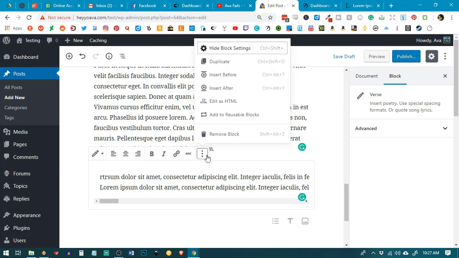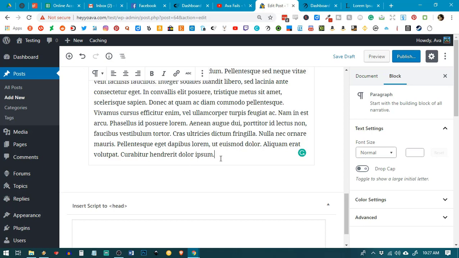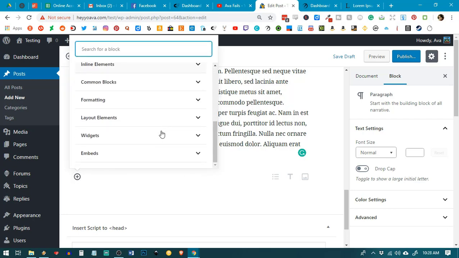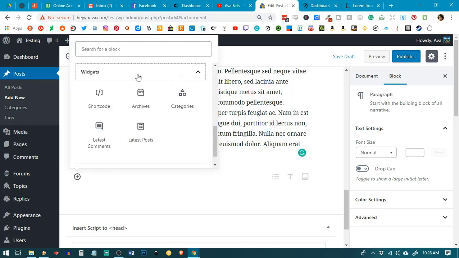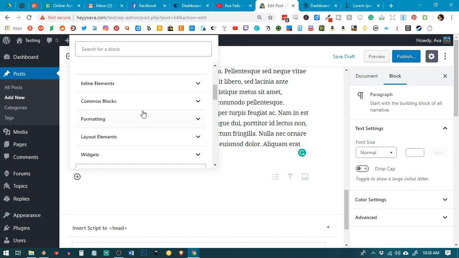That is weird. So once you get into one of these blocks and you're like, what in the world? I don't know what's happening. I want to get rid of it. You can just remove it like so. What else did we want to explore there? Hit enter again. Add block. We said we were going to look at